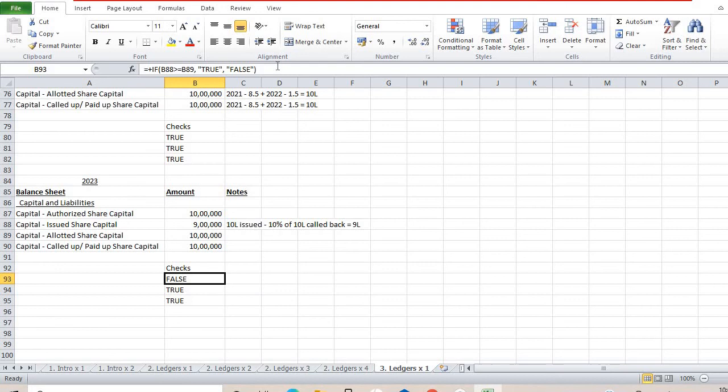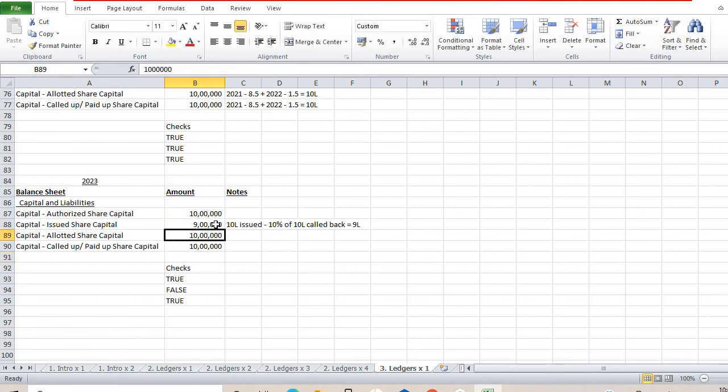Now, if you check it, it will all go for a toss. So I want to Control C, Control V this again. Now you see that this has worked well, right? If you look at this now, you will see that the check is working properly again. Authorized share capital or issued share capital, there is no problem. Issued, though it's lesser. But issued or allocated share capital, if you check, allocated is higher, right?